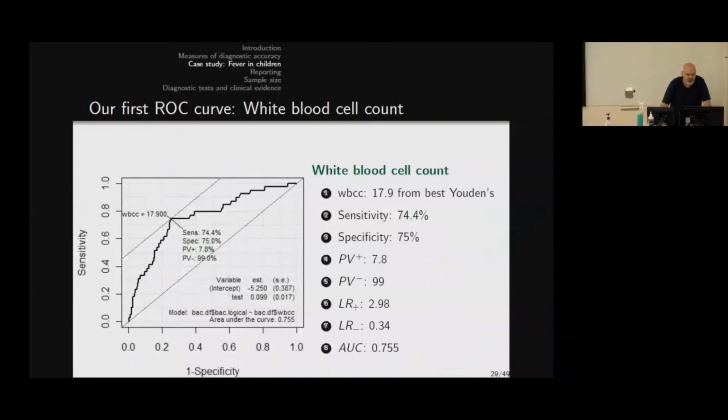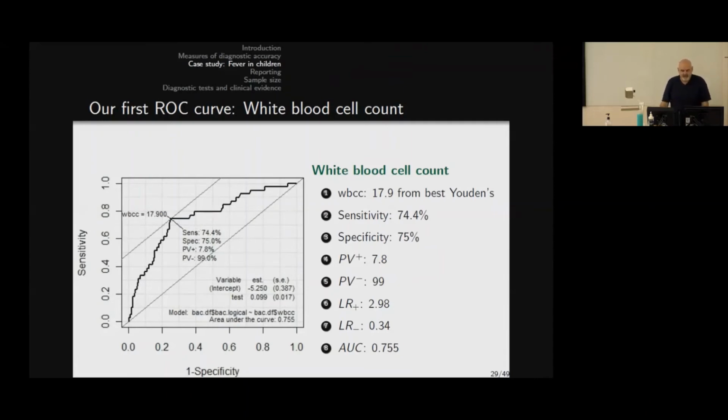Now the first thing I want to say about it is remember, this is for a continuous measure, in this case, white blood cell count. So an ROC curve is simply the plot of sensitivity against specificity, or more to the point, 1 minus specificity, which is true positives over against false positives for different cutoffs of white blood cell count. Now, according to this, and using Youden's index, the best cutoff, which gives us the best balance of sensitivity and specificity, is